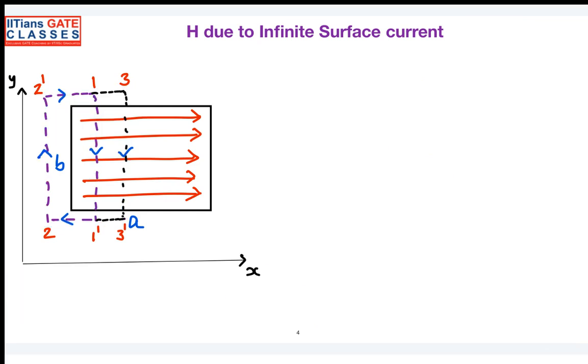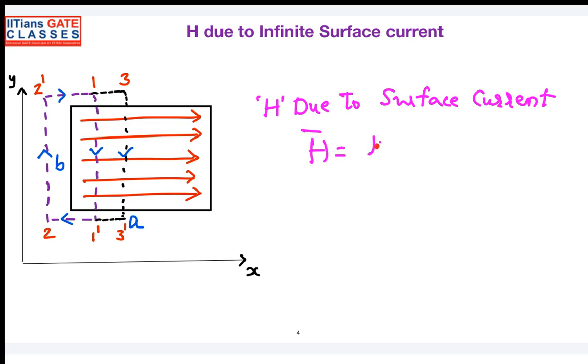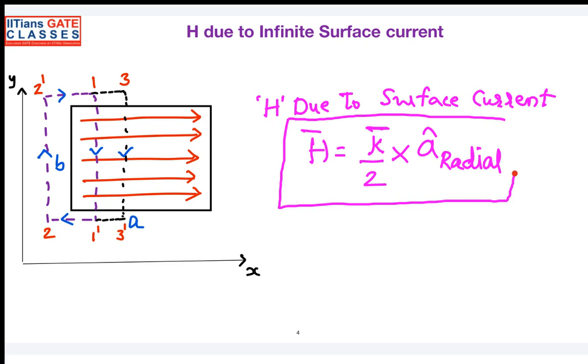So when you summarize it, I can say that the magnetic field due to a surface current will be given by the magnitude K by 2, and including the direction, the direction will be the element direction with the radial direction. This is the generalized equation you can use when you go to any problems. If you see here, the magnitude is K by 2. But if you want to speak in terms of direction also, the direction